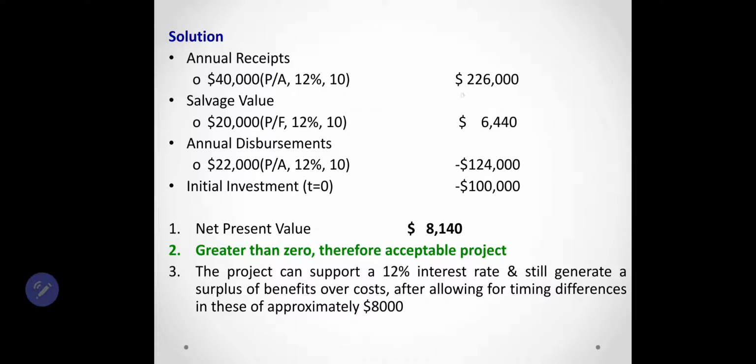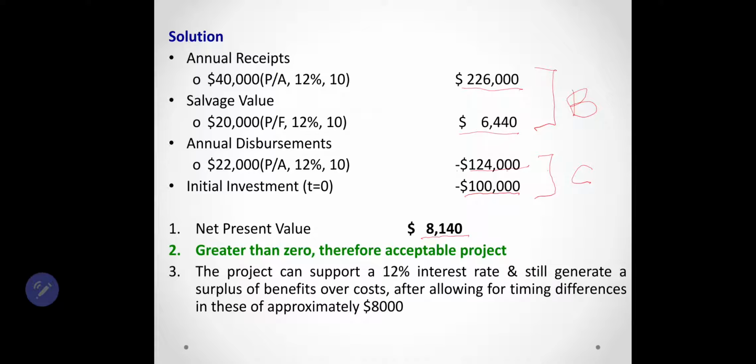So we've done that. This is what we arrived at for the salvage value and the annual disbursement. Remember, the initial investment is already P, so we are not converting it to anything. The only other thing we've done here is to put negatives for all the costs and positives for all the benefits. So if you now sum everything, the net present value gives you